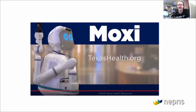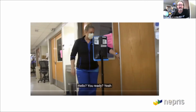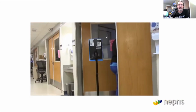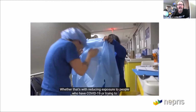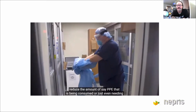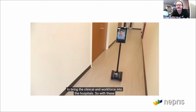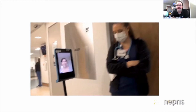This is from a Texas company, and this is a great example. This is a very cheap robot. This is not very expensive. Really, all it has is some motors, some wheels, a stand, and a tablet that has voice and touch screens. And so instead of wasting lots of PPE, if you have a ward that has COVID-19 in it, you don't have to suit up between patients. You can have this robot go from patient to patient, room to room, and then you can easily interact with